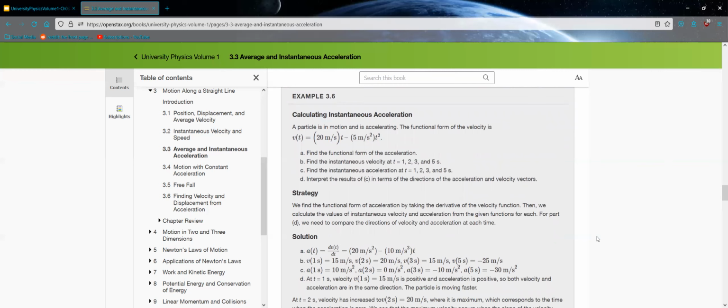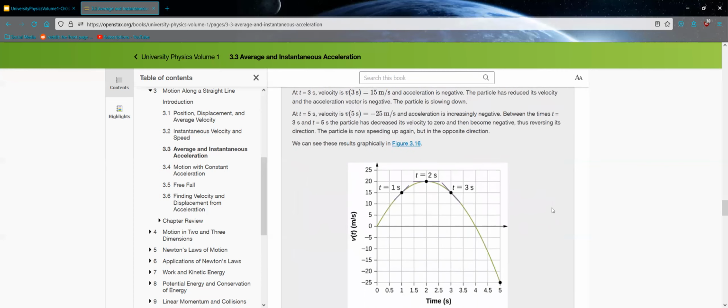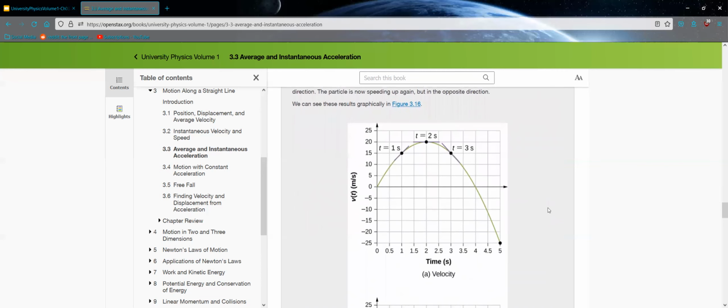The book doesn't show you how to do the math because the math should be apparent to you. Put t equals 1 in for the velocity, find out the instantaneous velocity. Put t equals 2 in for the acceleration, find out the acceleration at 2. Cool. However, so we get these nice pretty graphs out of this showing the changes in the velocity due to